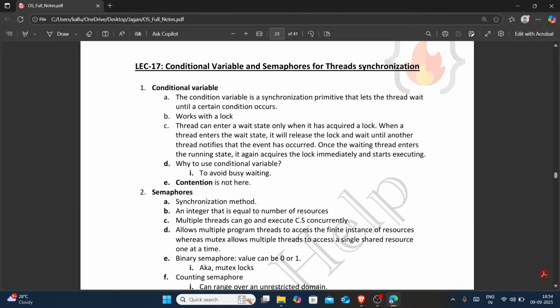We use condition variables to avoid busy waiting. What is busy waiting? We have just read about busy waiting. So what is busy waiting? Busy waiting means it should check